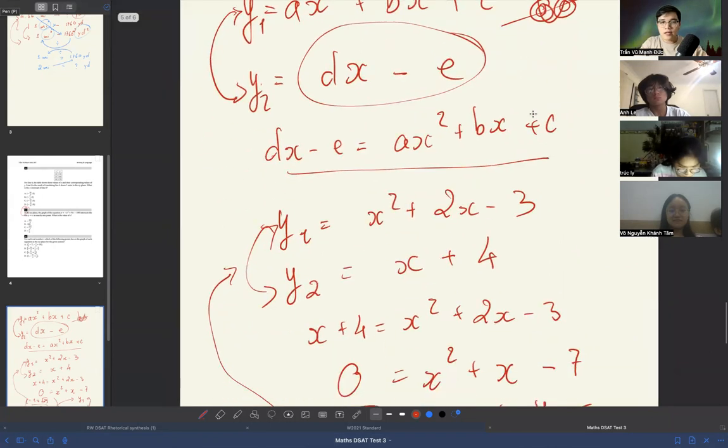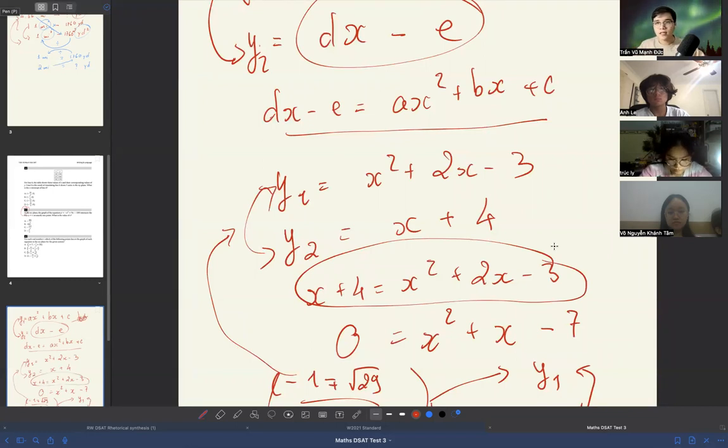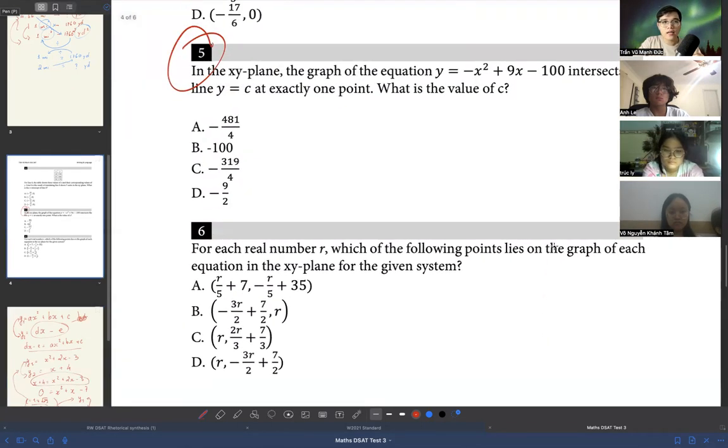So essentially, the number of solutions of the resulting equation, after you've equalized these 2 equations, will be the number of intersections, right? Because each x gives each y. If you have 3 x's, you can have 3 y's. And if you have 1 x, you're going to have 1 y. So the number of solutions of this resulting equation will be equal to the number of intersections between these graphs, right? So the next time you see a question about intersections,